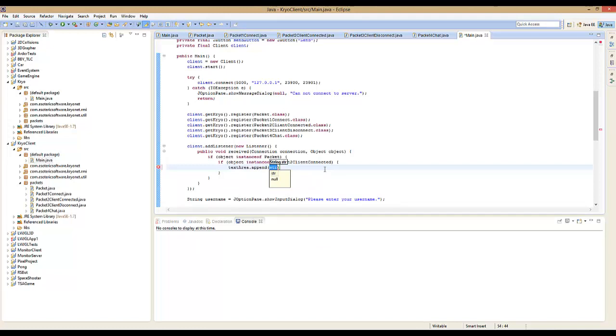So if it says baseball 435 connected and we want to add on hi, how are you, we're going to leave the baseball 435 connected already. It's going to add on to it. So we're going to do append, and we actually have to come up here, packet2 client connected. So we have to cast this first, equals